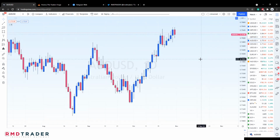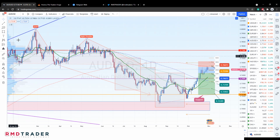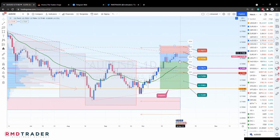Looking at the Australian dollar USD, it has also seen quite a deep pullback to that head and shoulders neckline, all the way to our daily 200 SMA. So this is also presenting us currently with a nice risk reward setup for a move to the downside. And should that